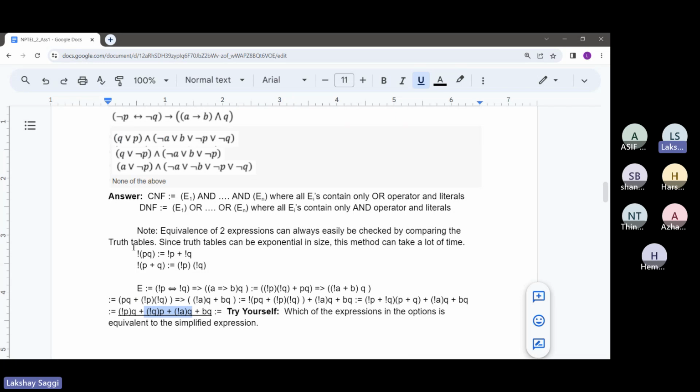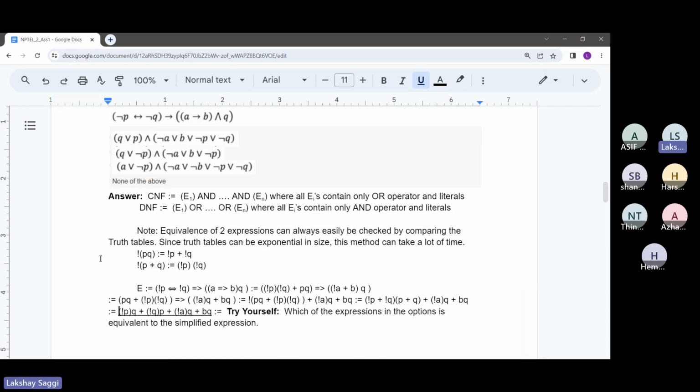Similarly, let's say we were given CNF forms, and from these CNF forms we wanted to see at what values the expression will be true. We can get an idea by checking that for the expression to be true, all of these E1, E2 up to En should hold true. For that, E1 should be true, and E2 should be true, and till En should be true. Using a similar idea, we can get an idea about the truth tables also. So this was just an idea which I was saying.